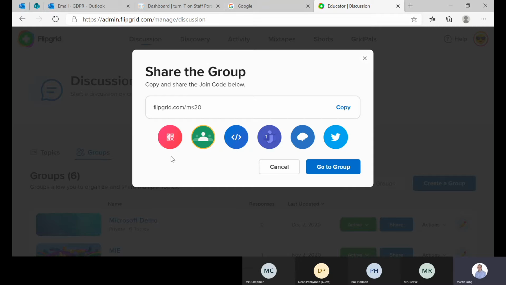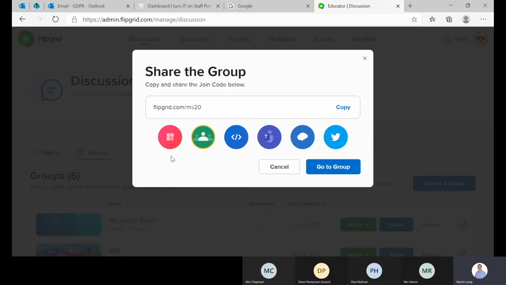I've also seen schools occasionally take QR codes and put them on the front window of the building, and the parents, once they're used to this, can scan the QR code through the window on their mobile phone or a tablet device, and it brings up Flipgrid, and then they can access it from there. Obviously, they would need 4G. But after that, they'd be absolutely fine. After a few times of doing it, they'll just get the hang of it, and it won't phase them. So you can do the method that suits you best, but for the classroom I would say Flipgrid best suits a QR code. You could also put the QR code in the team, because people can scan QR codes on the screen of their device.